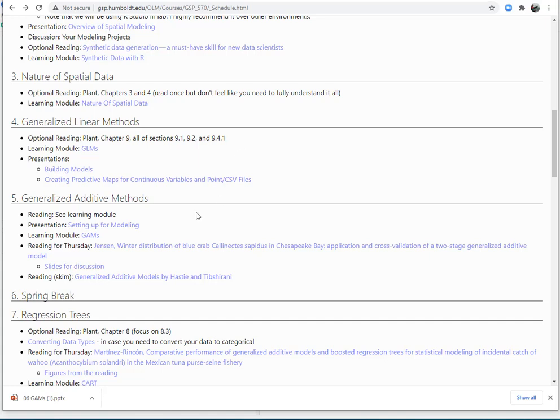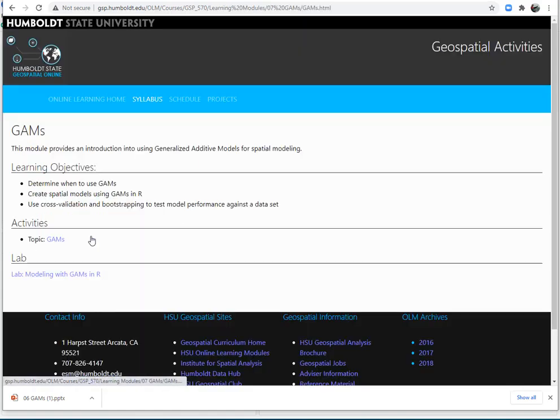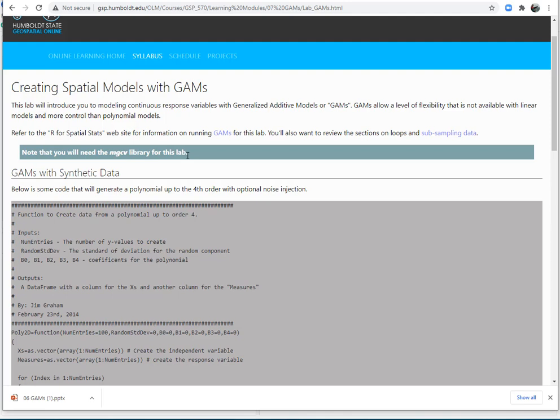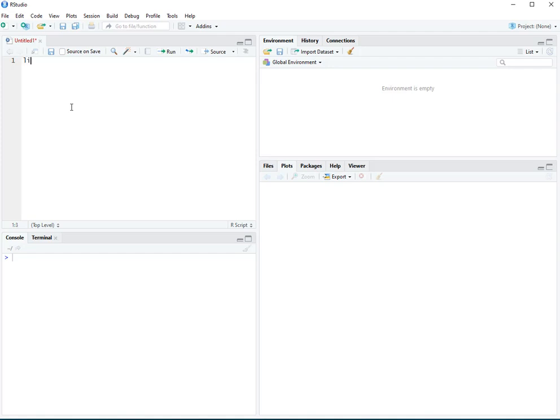Okay, I'm going to do a short video on how to use GAMs. It's short because with all the other work we've done, it's really pretty easy, I think. First, we need to make sure that we're including the mgcv library for this lab. So up at the top, we need to do library,